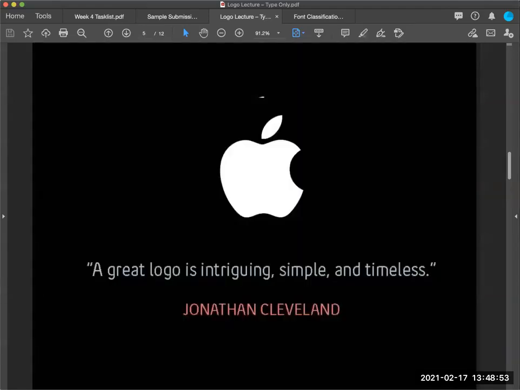A great logo should be interesting, unique, and timeless. That Apple logo has been around for several decades now, and it hasn't really changed. And there's distinguishing characteristics about it, obviously the bite and the little leaf in the corner, and it can be transformed each generation to include a different execution. So when we look at this mark, it's a white logo on a black background.